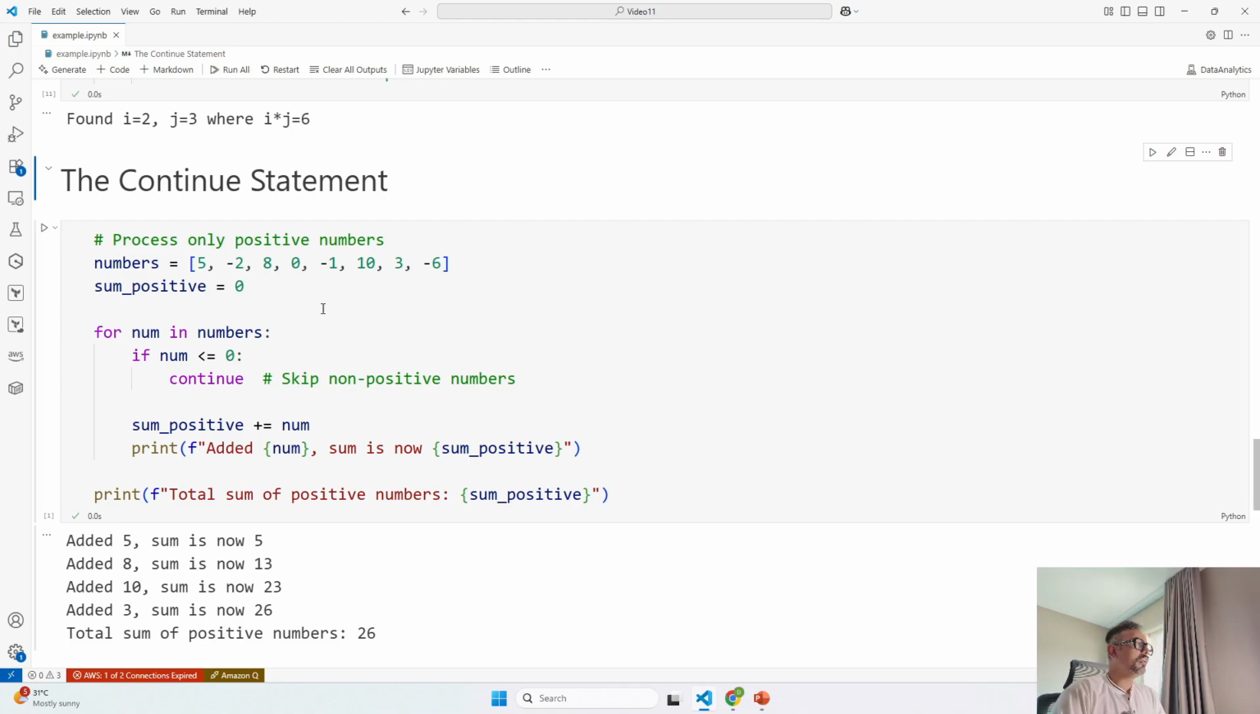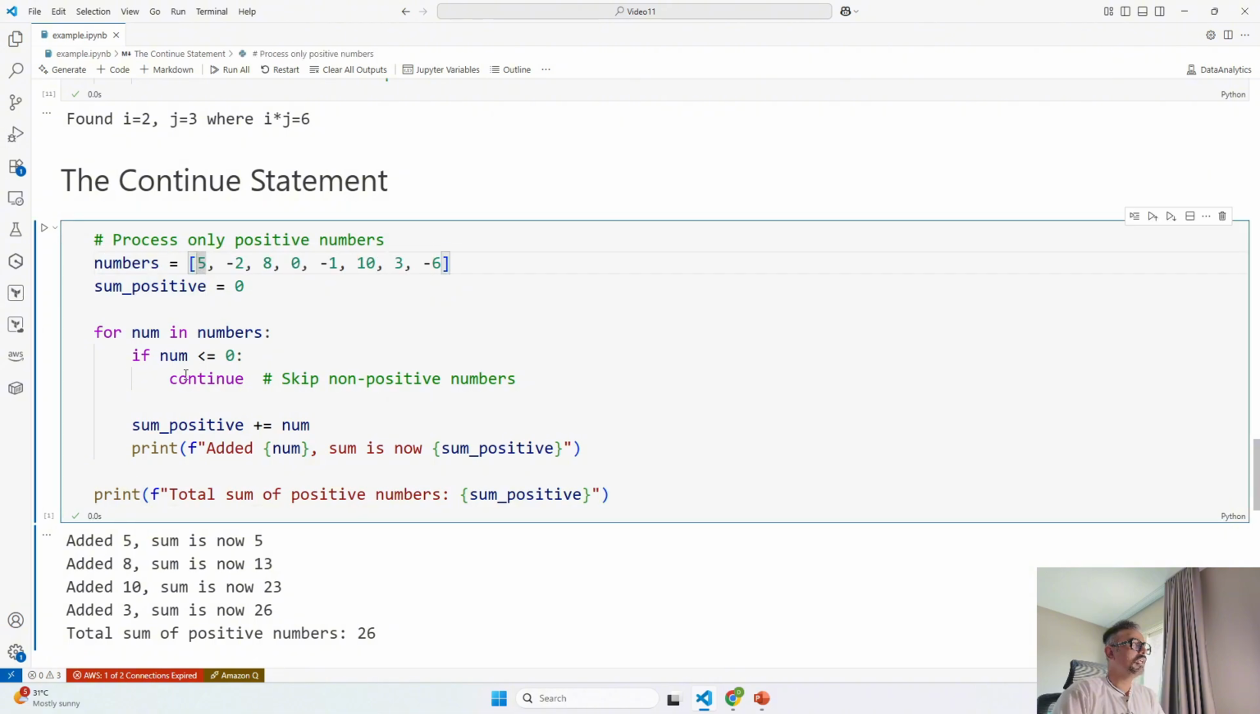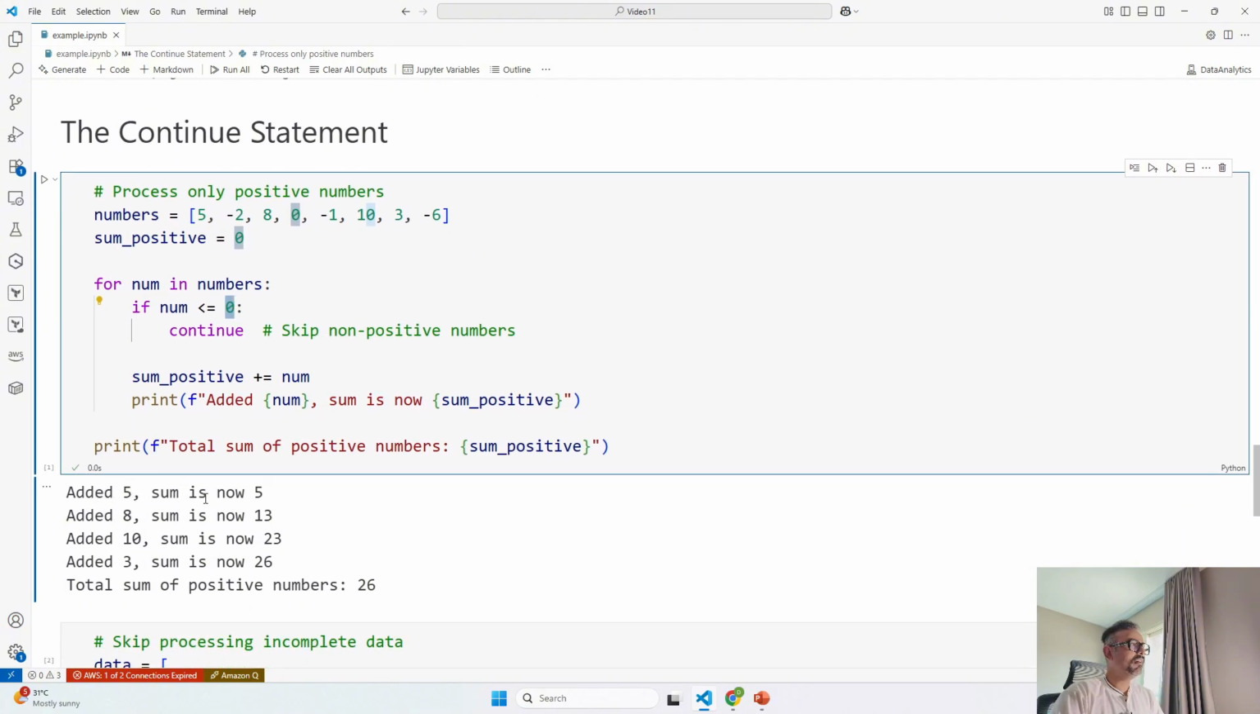If you look at this loop, it starts with for num in numbers. It will first pick 5 and check over here: if this is less than or equal to 0, then continue. If the number is negative, it is a minus value, that's why we have used 0. If the number is greater than 0, it will go ahead and say sum positive is equal to the current sum, that is 0, plus the number, and the value of sum positive will be saved. So the first time it becomes 5. See, added 5, sum is now 5. Second time added 8, sum is now